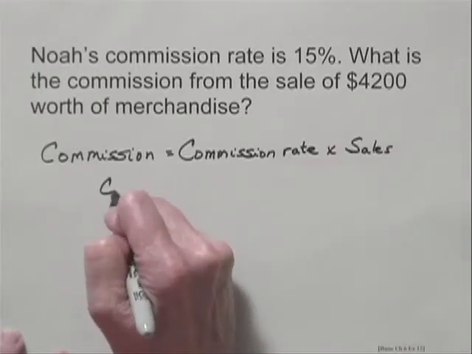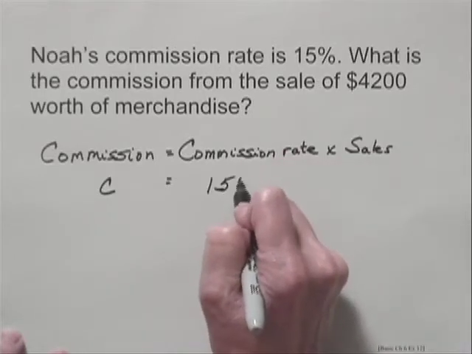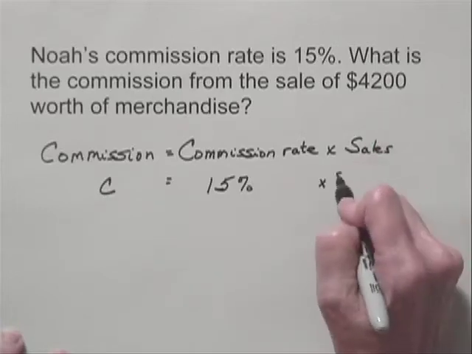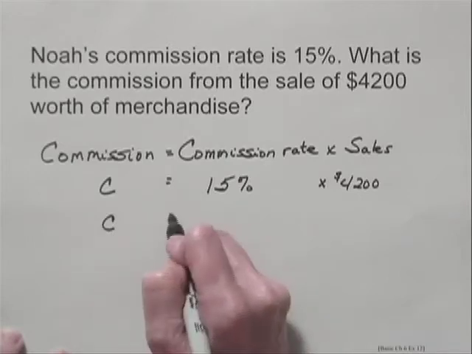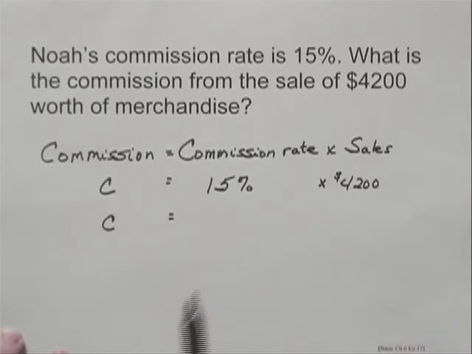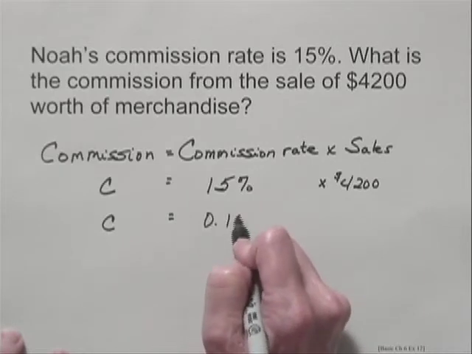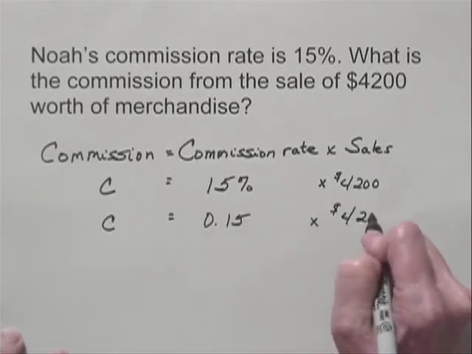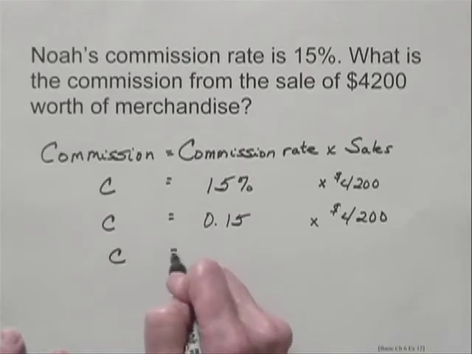Let's let C represent the commission. The commission rate is 15%, and we're going to multiply that times the amount of sales, which was $4,200. Now, to do the multiplication, I'm going to convert 15% to decimal notation. So I have C is equal to 0.15 times $4,200. And when I actually carry out the multiplication, I have that C is equal to